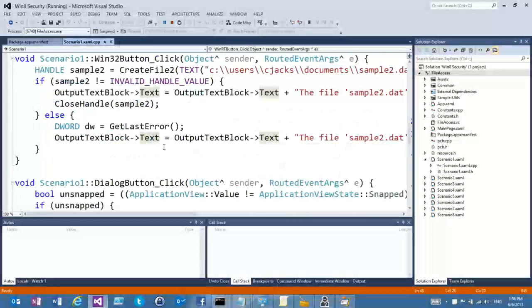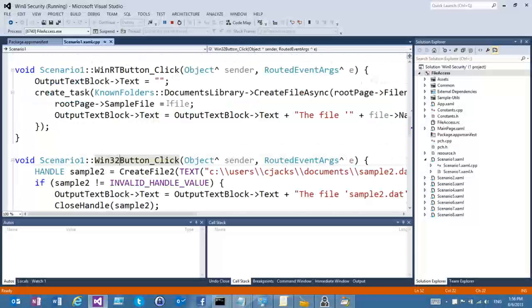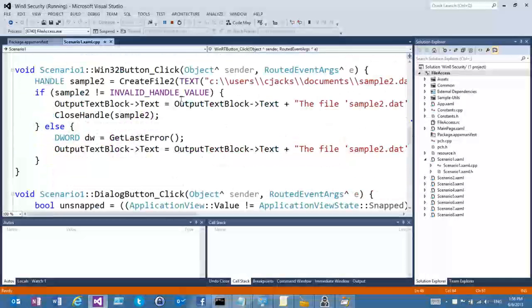So let's go to our next bit of code. What happens if I were not using this specific create file async API, but I were using a legacy Win32 API? And for developers, when we think about those who are moving code over, it's real easy to tell a story about, hey, I don't have an app. I'll build an app, and I'll do it all Windows 8 style.